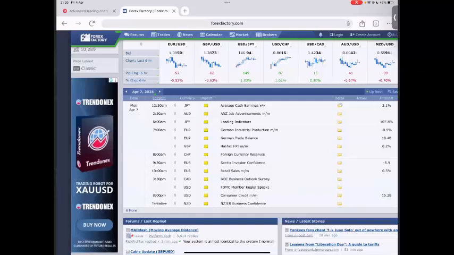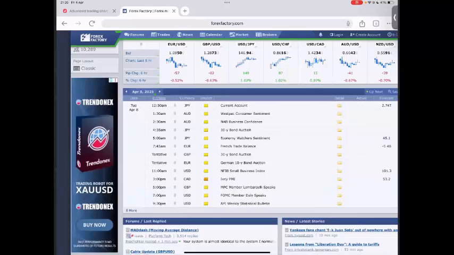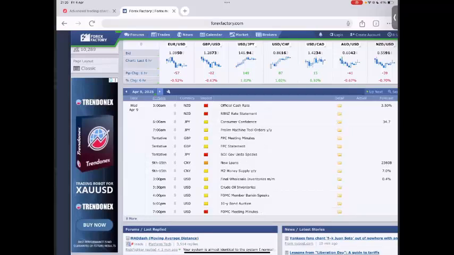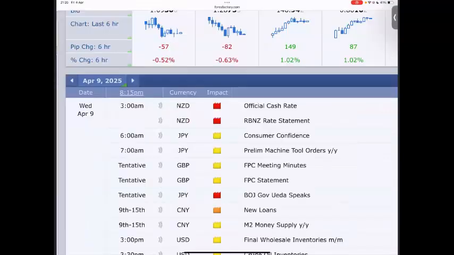Any high impact news on Monday or Tuesday? No high impact news on Tuesday. On Wednesday as well, I think Wednesday is where we're having high impact news. I told you that the ones in red are the high impact ones. You can see that on Wednesday by 3 a.m. Nigerian time, you have high impact news on ZD pairs. So whether these are going to be affected.